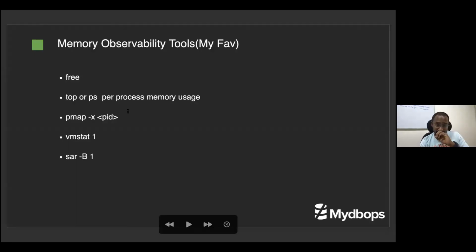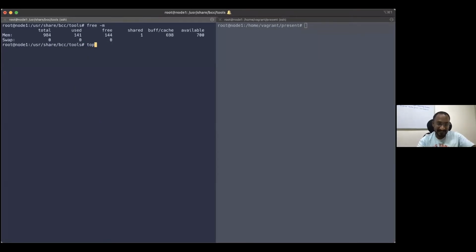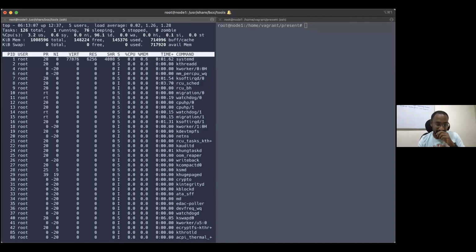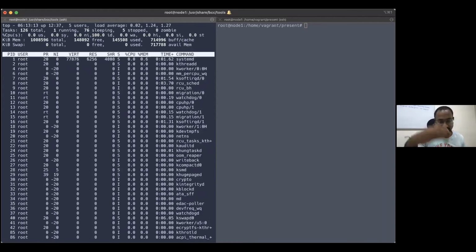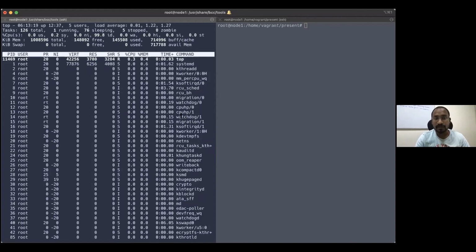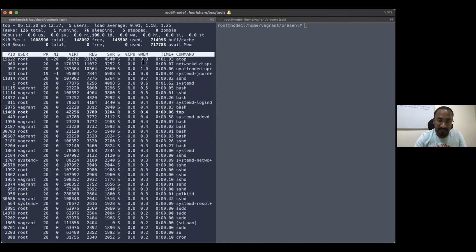Another command is the top command. Why, Manoj, are you taking the top command here also? Yeah, it is one of the important things. Here, I have the top command. I'm seeing the output changing very frequently based on the time interval, and here I can easily observe which process is consuming more RAM, more memory. You need to press Shift M. Then, instead of sorting the output by CPU, it sorts the output by memory. So I can easily observe how much memory is occupied. Here, this RSS is the exact amount of RAM which is used by the process.